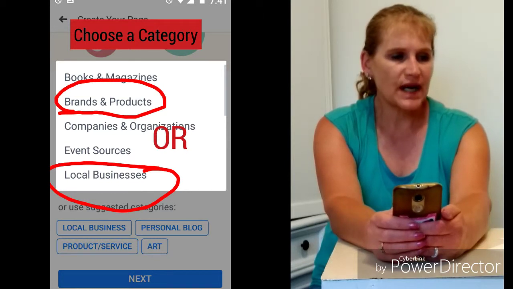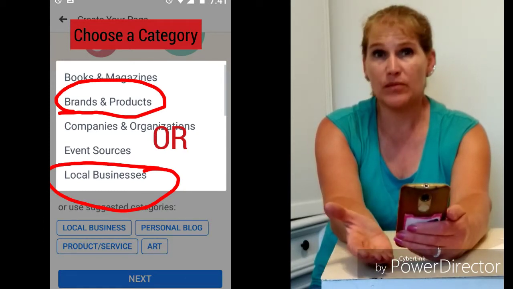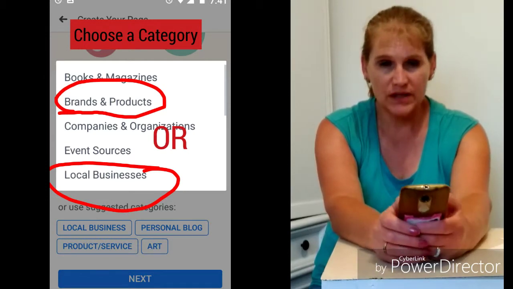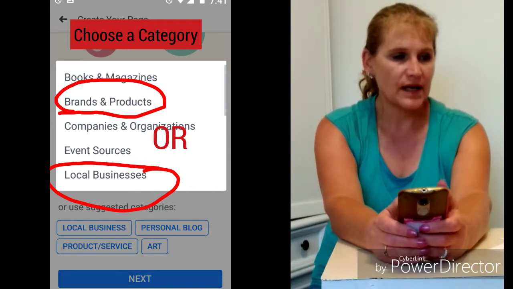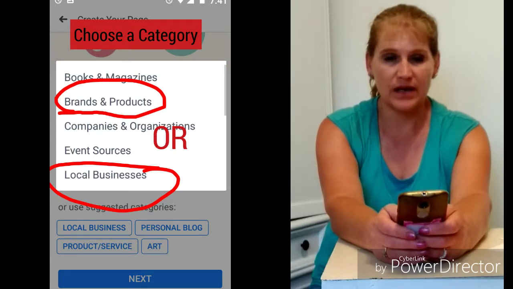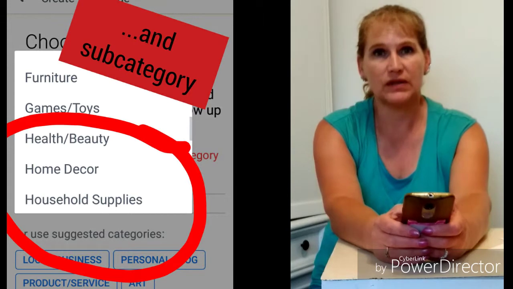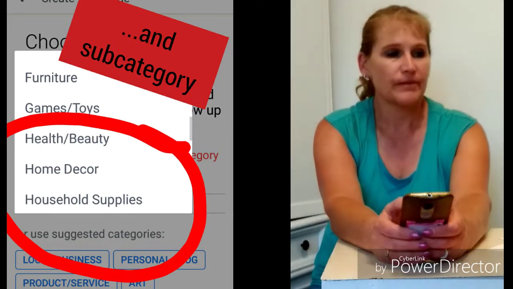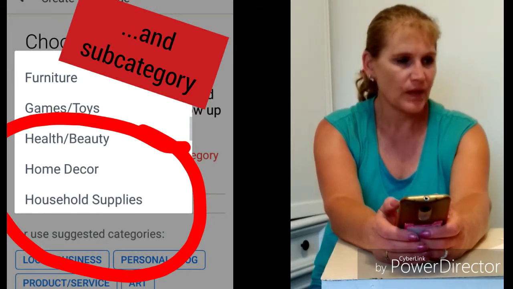If you just type in there what you're thinking, beauty, skincare, bath and body, whatever you focus on with your Avon business, you can type that in there, and then you can click Next, and it will then ask you to do a subcategory. Type that in there. You might be able to get a little bit more defined. Maybe you want to focus on kids' bath and body, or maybe it's the makeup. Whatever you want to focus on, type that in there. Then of course click Next, and